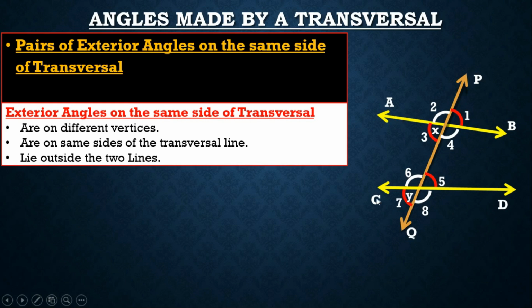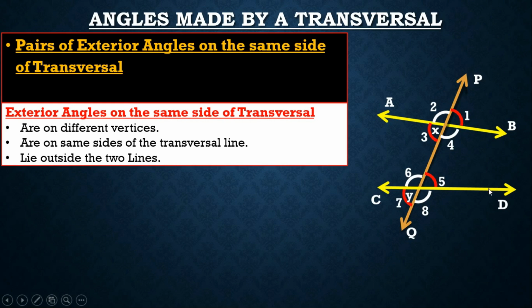This angle AXP and angle CYQ have arms which are lying on one side of the transversal, and other arms are pointed in the other direction, that is PX and YQ. Arms PX and YQ are on the opposite side of each other. The arm PX is going in the upward direction and arm YQ is going in the downward direction, and hence angle AXP and angle CYQ is one pair of exterior angles on the same side of the transversal.